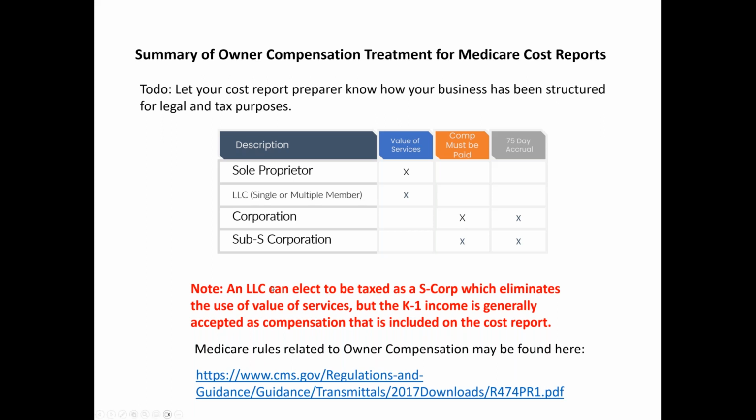If you are an LLC and you've elected to be sub-S corporation and you do get a K1, then you're not eligible for value of services, but you can use that K1 compensation as compensation that we can put on the cost report as an allowable expense. So that's generally what all the cost report preparers have been doing. This one here is not in plain black and white